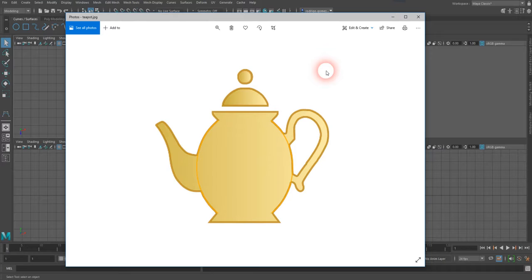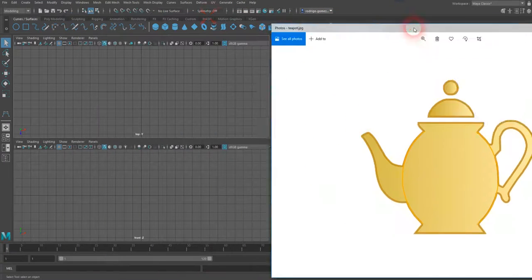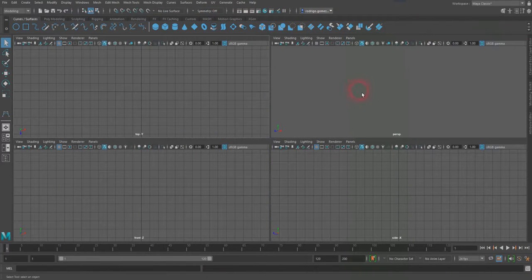Anyways, the idea here is that we're going to use an orthographic view of the teapot, a precisely drawn image of the teapot that I can use to trace over so I can go build my teapot. So in order to do that, I'm going to use Maya. I'm going to bring that image in Maya here, but before I do that, I need to set up my